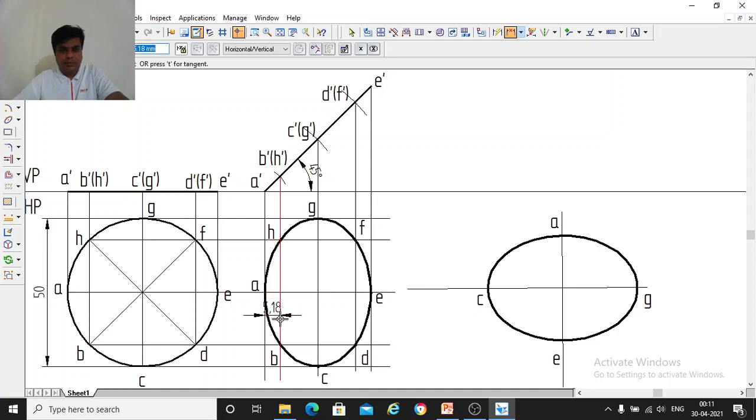So you find out the distance between this line and this line. It is 5.18. So you draw a line from A on this line AE, you draw this perpendicular line HB. So I will draw a vertical line of length 5.18 from this point A. So you measure with your compass and draw a line here.